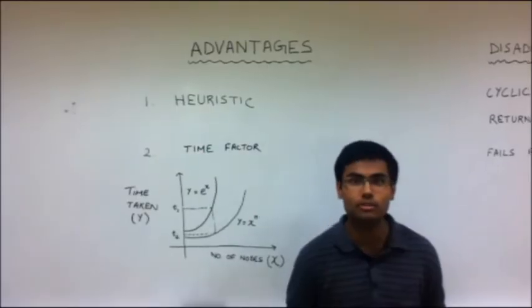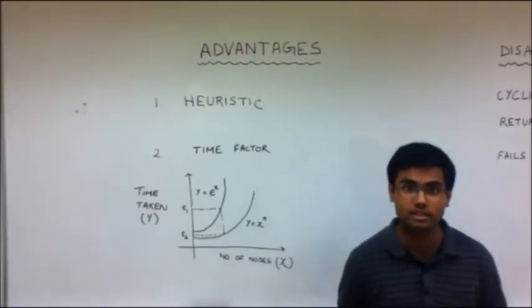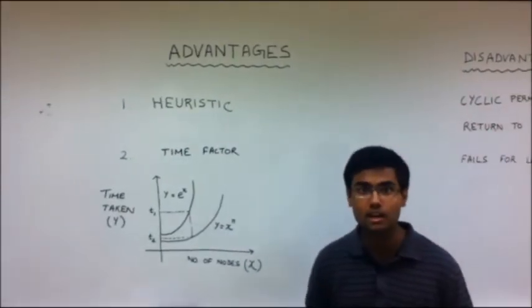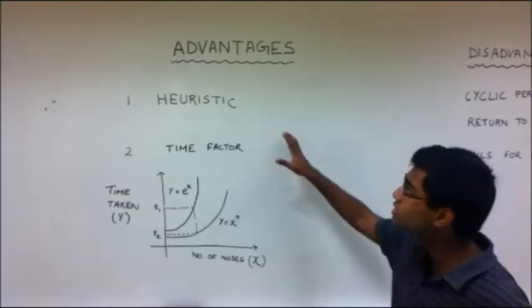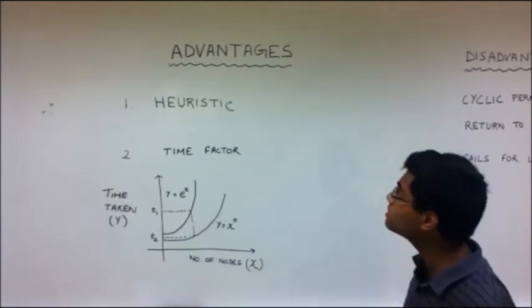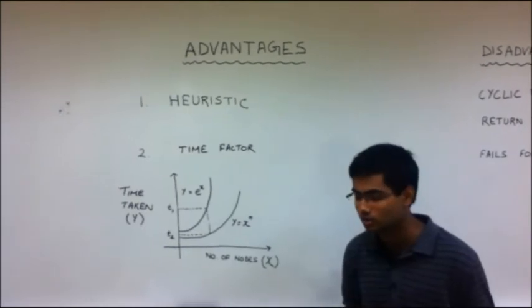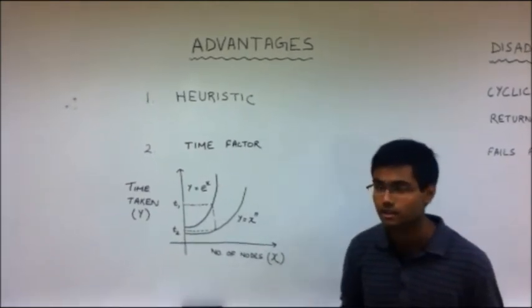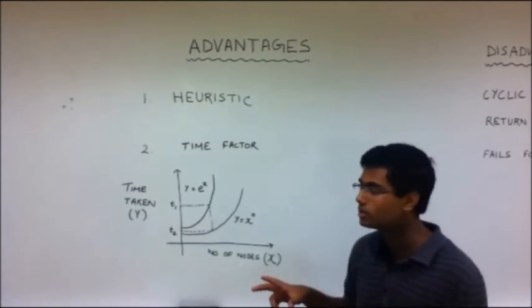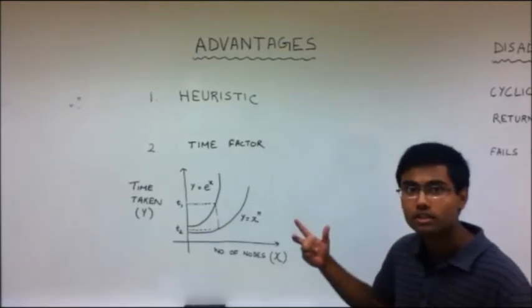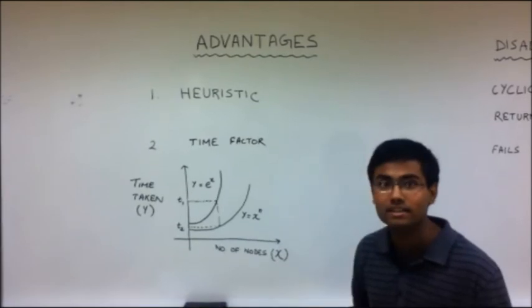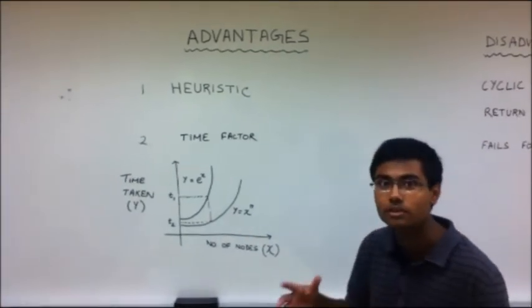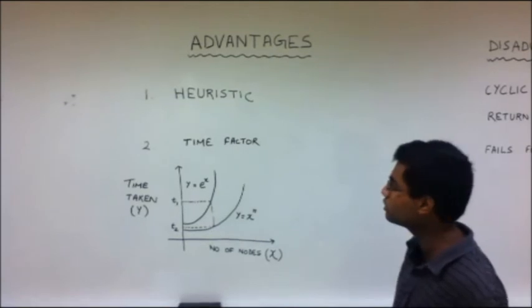Having seen the algorithm, now let's look at some of the advantages and disadvantages of this algorithm. Let's start with the advantages first. The first and foremost advantage is that it's a heuristics based algorithm. What heuristics means is basically it learns based on its prior experiences. This is evident in the algorithm where after every mutation, the population updates itself to a better set of solutions. Thus it is learning from its prior knowledge, so it's a heuristic algorithm.